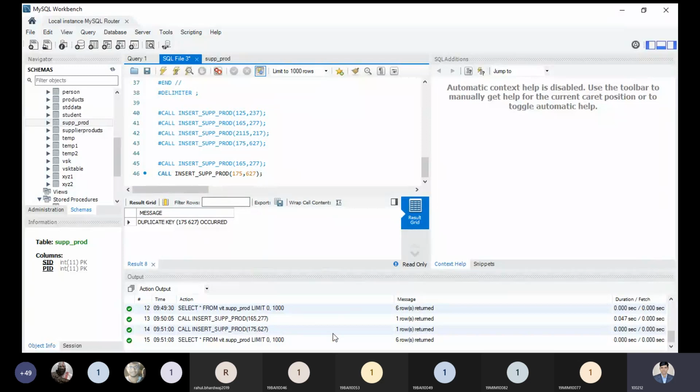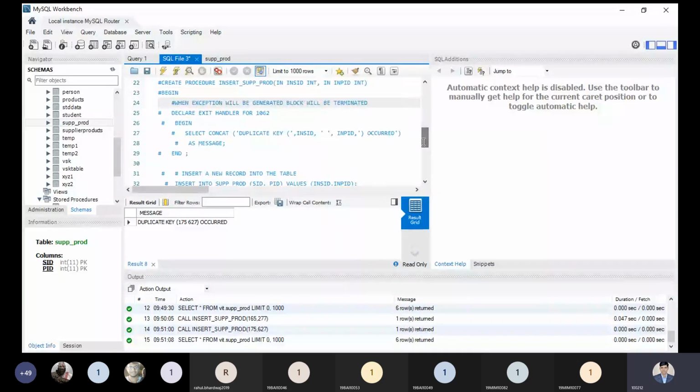Is it clear to all right now? Please tell me. Yes, sir. Okay, instead of using exit, if you want to continue, you can use continue inside instead of exit, so there will be no issue. Now you can see what the result would be. So this is the point. Is it clear to everyone?